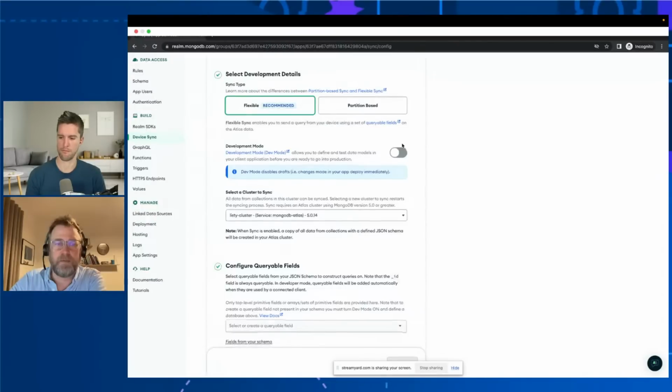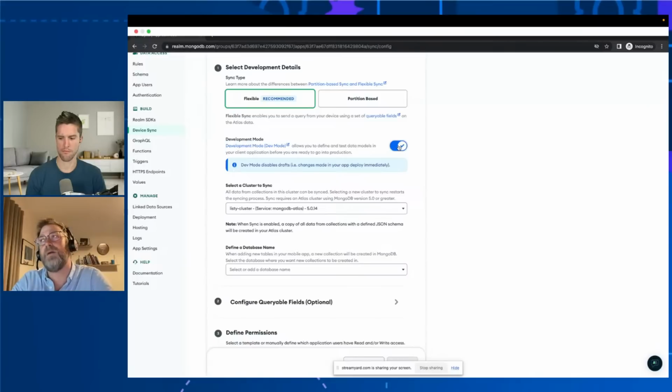So next thing we have to choose is whether we want to use development mode. And during development, I strongly recommend you do that. Don't do it in production. What development mode allows you to do is something that happens automatically for you. Say I was to change the schema. Right now we don't have a schema on here. So the first time my client contacts the backend, it'll send a schema, and the backend will say, okay, let's use that. And as long as the changes you do on the client are